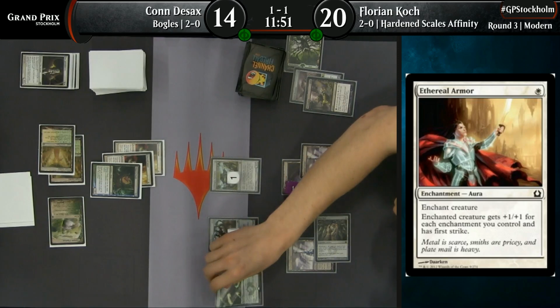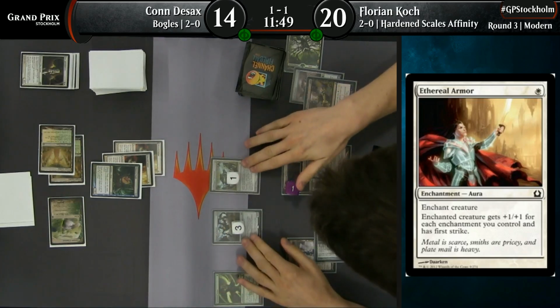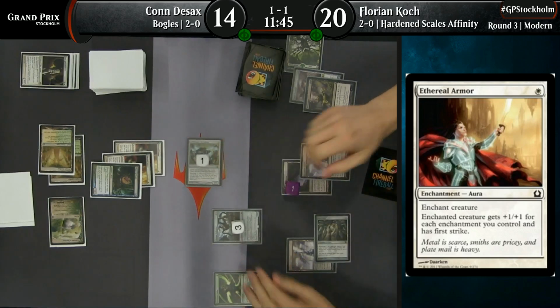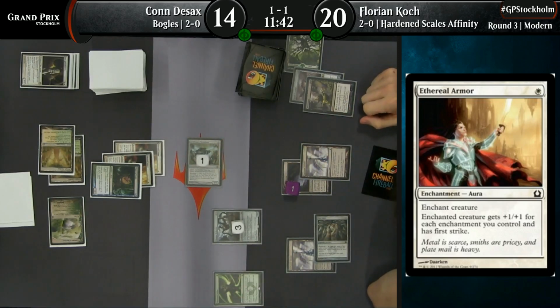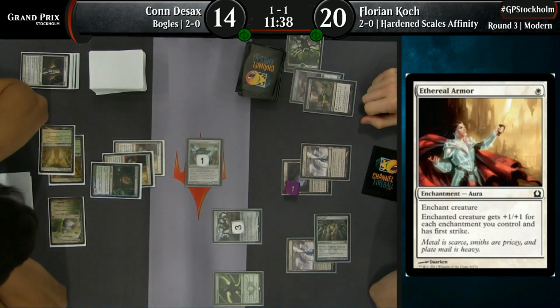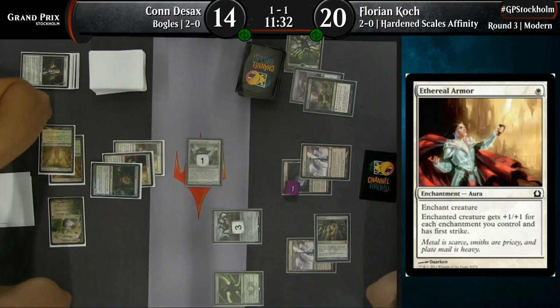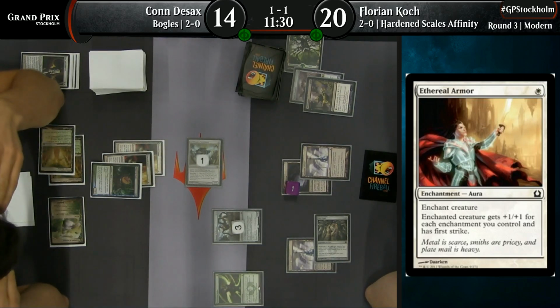Yeah. Hardened Scales online as well here for Koch. Of course, it would have been better to have had that card before these creatures attacked or were played. But all the same, we see an attack now. Very suspicious attack, Raf. That's going to be a lot of tokens here. Because on that turn, he will be able to pump the Hangerback Walker,